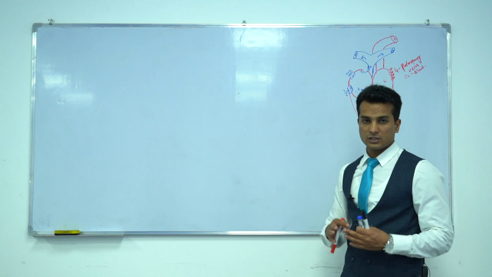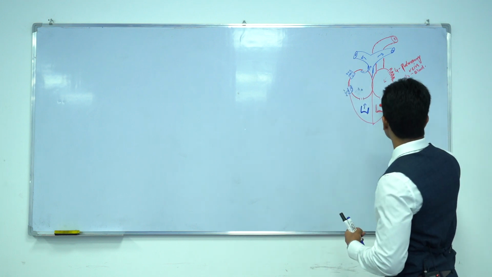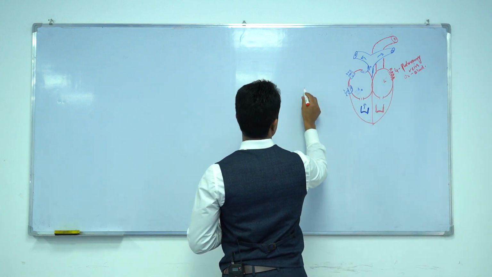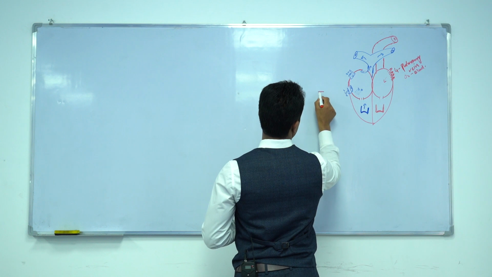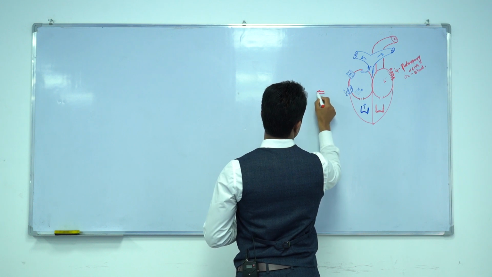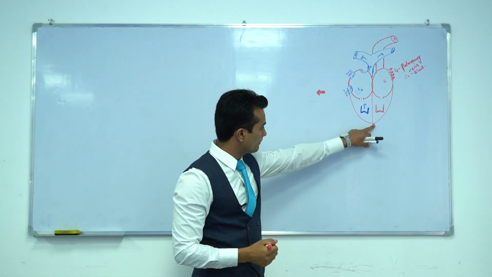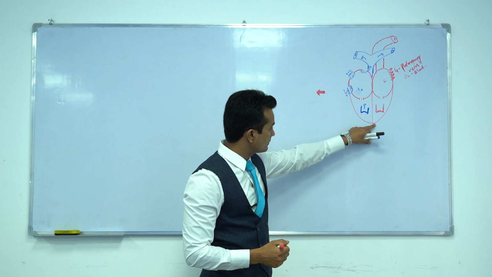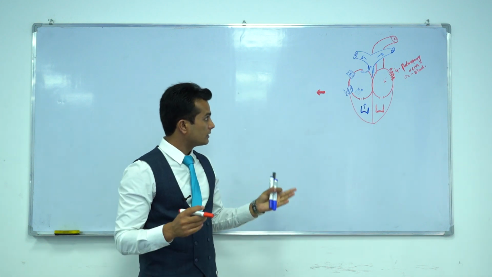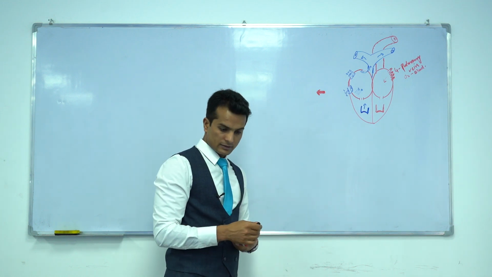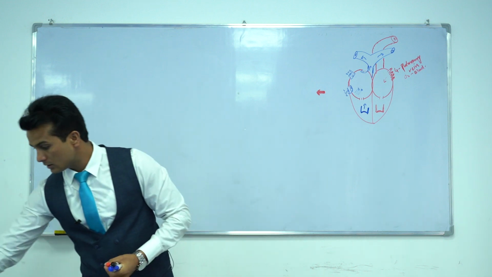We will discuss here today the blood supply of the upper limb. So now we will draw here the aortic arch and the branches of the arch of the aorta. We are heading towards the blood supply of the upper limb, so you must make your basic concepts clear about the blood supply. Now we will discuss the branches of the aortic arch.